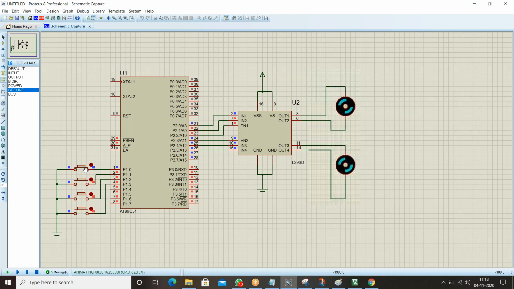Logic 0 should be applied for the button. This is most important, remember that. In yesterday's class I discussed clearly about that, like the two cases, pull down and pull up, everything fine.